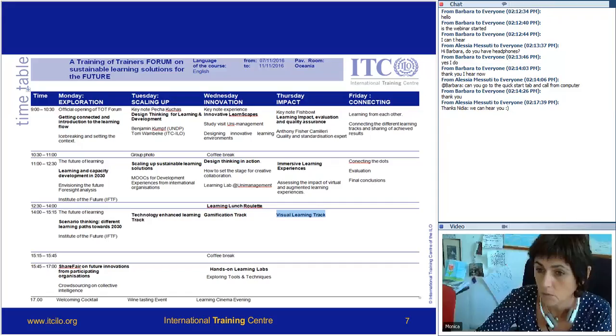I'll quickly pass the floor later to my colleagues Monica and Alessia, who might also illustrate that a little bit better. The thing is, with 30 people, we were thinking of doing separate tracks, but now more and more that we analyze the learning needs, we think we will make sure that the entire group of 30 goes to each specific team, but then with people who indicate, I'm very interested in the gamification track,